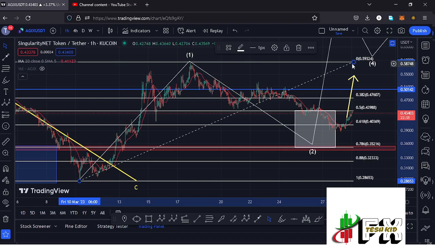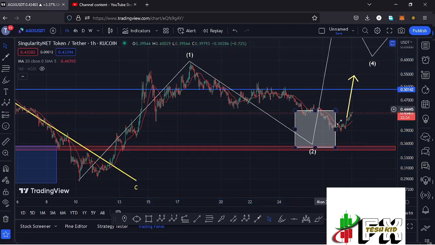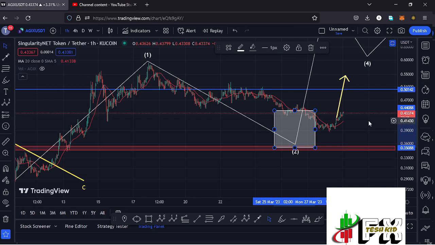$0.43988 mark and the $0.35216 mark, and it is within this white target area down here that I was expecting to see the low for that second wave. And you can see that we have seen a retracement into the target area in a breakdown that has now given us a low at around the